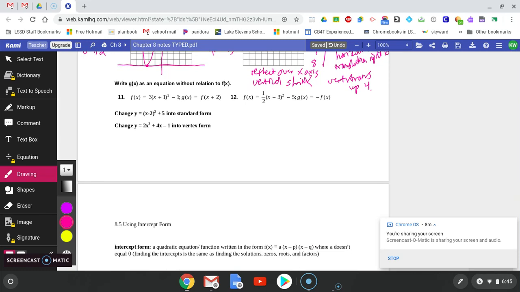All right, so number 11, it says to write an equation without relation to f of x. In other words, I want to know what g of x is by itself without saying what it is compared to f of x. So what is this telling me to do? It's saying that everywhere you see an x for f of x, you're going to plug in an x plus 2. In other words, here and here, we're going to plug in an x plus 2. So I have f of x plus 2 is equal to